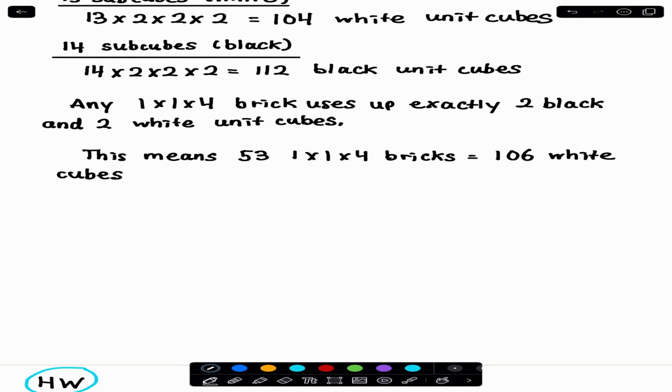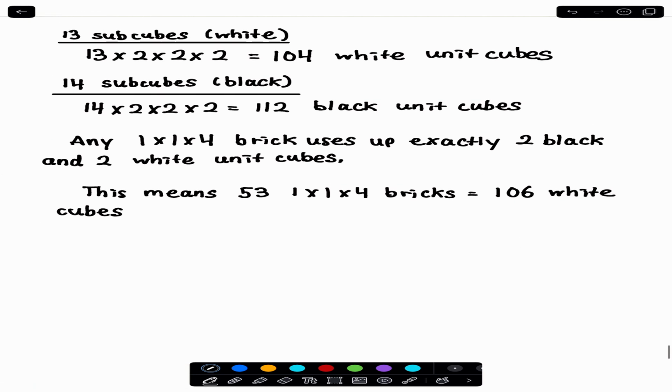But we got a big problem, because how many white cubes do we have? 104, so we don't have enough. We only have